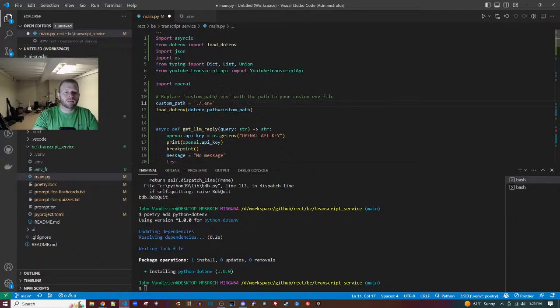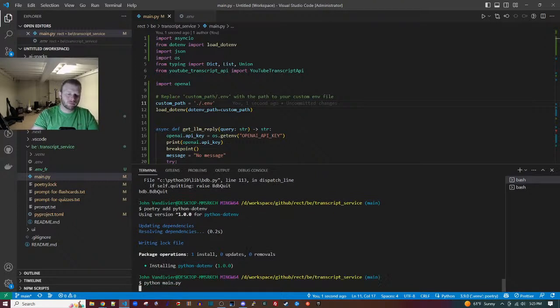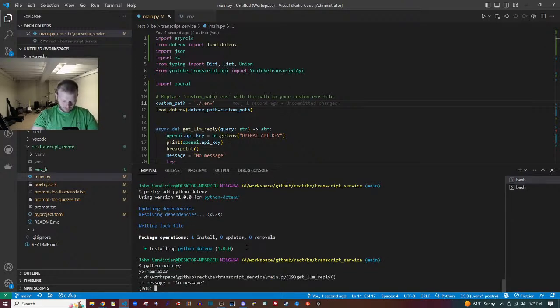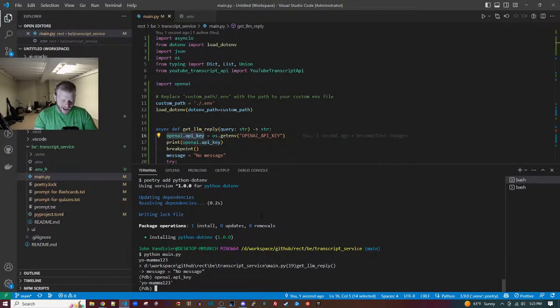I think it's just like that. All right, let's see if it works. It works. Is this Arduino?